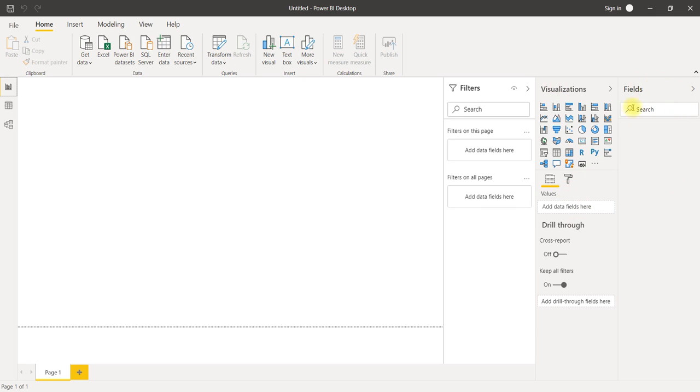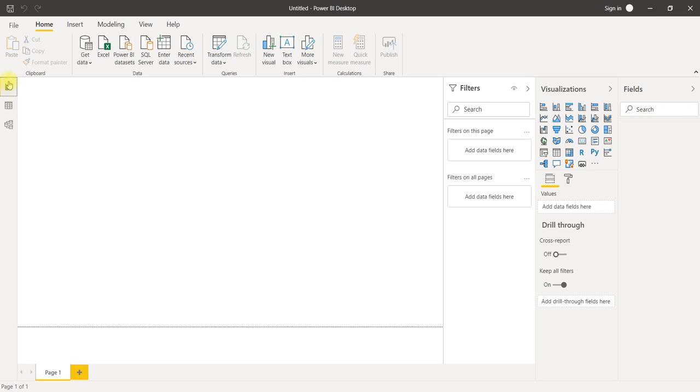And fields are nothing but, once you connect the data, your data will be shown here. Your data sheets will be shown here, what things you have in the data. In a pivot table in Excel, while learning pivot tables, you had fields right here, in the sense of what column headers it has to show. Same thing will be shown here.